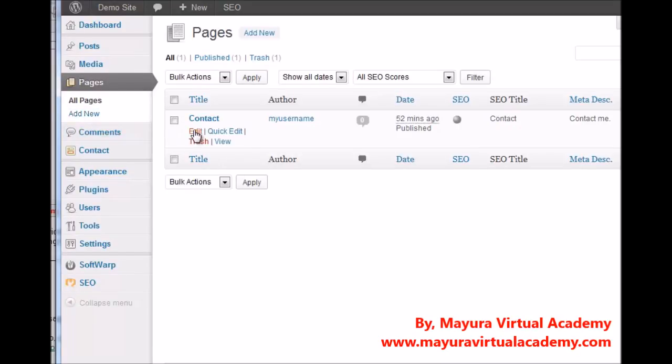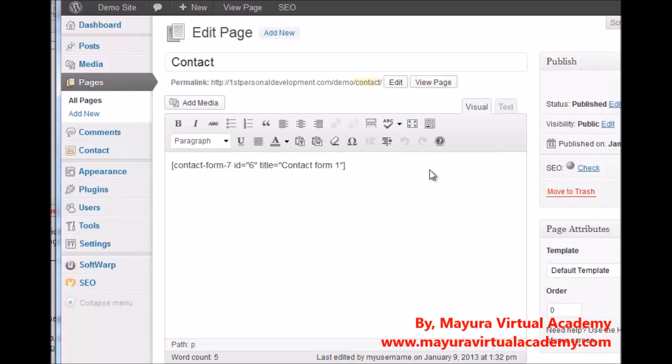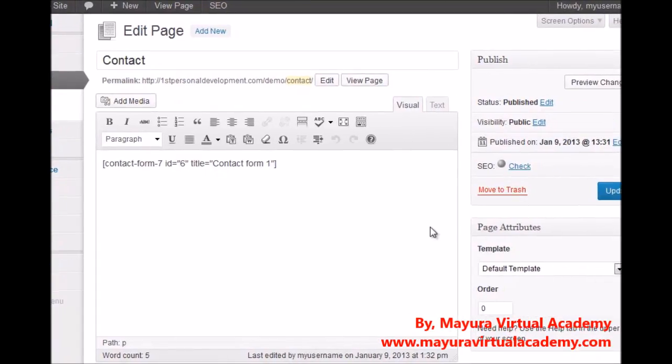Actually, what I'm going to do, because I want the contact page to be around about the right hand side of the menu bar, what you can do is a little thing called order. That normally defaults to nothing and it just then goes alphabetical, but if we put that to 100 and go update,